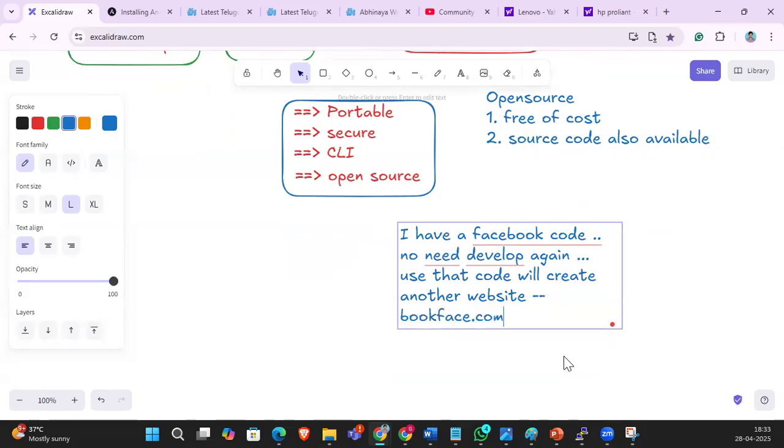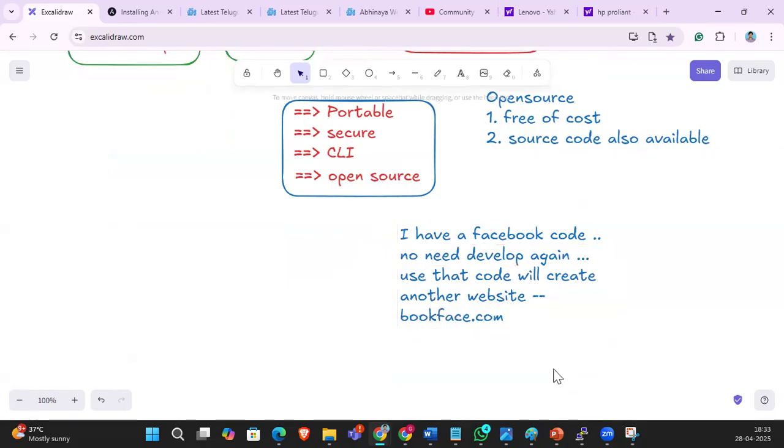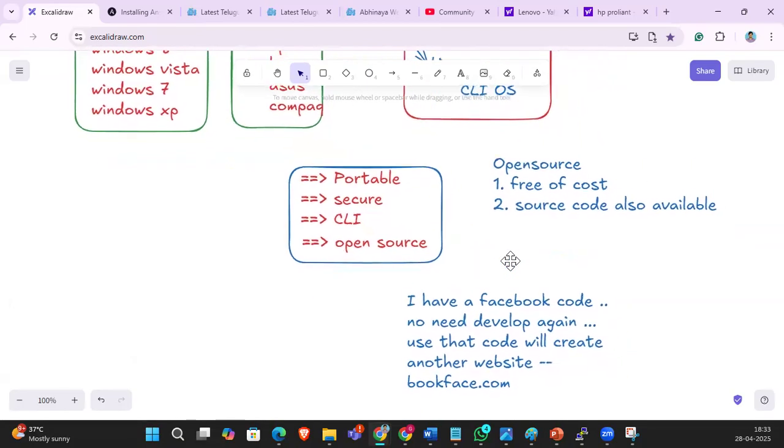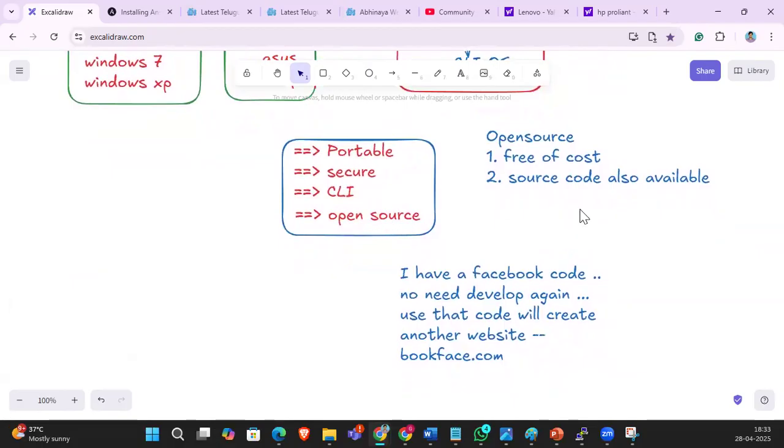I don't want to develop the code; I use the same code, rename wherever it says Facebook to Book Face, and release it as Book Face. So the source code is also available, and you can use that code to create your own customized OSs. Is it understood? So that is open source.